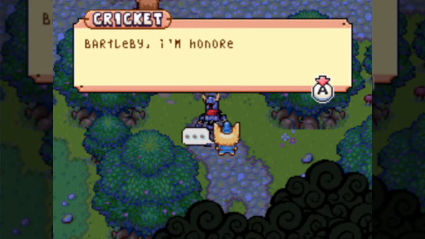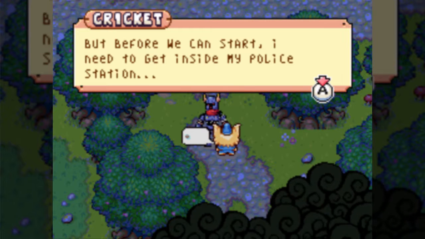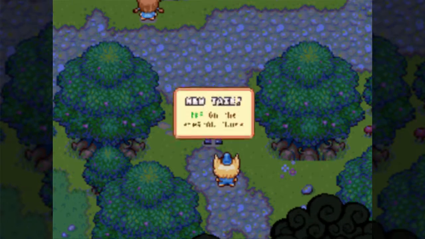Can I talk to you, please? Bartleby, I'm honored to have you take part in this investigation. But before we can start, I need to get inside my police station. Could you visit the Eternal Flame? Sure thing there, bud. Why do I...